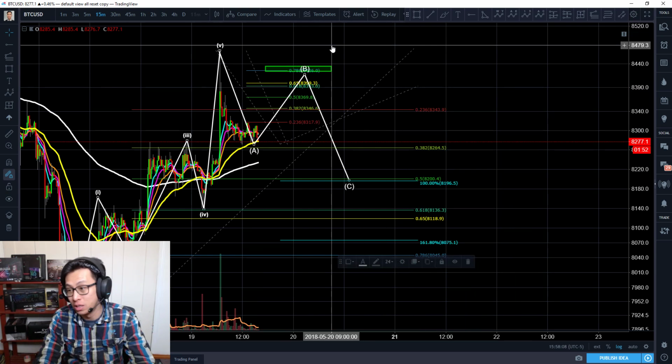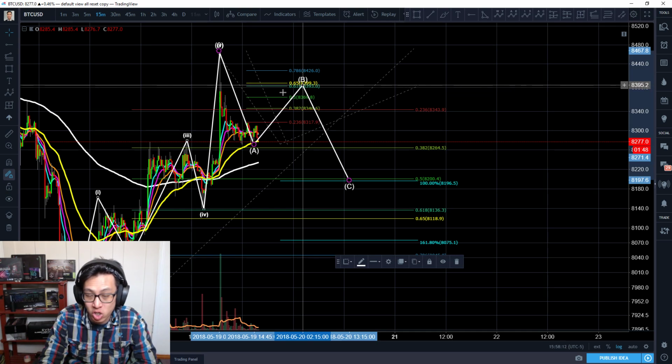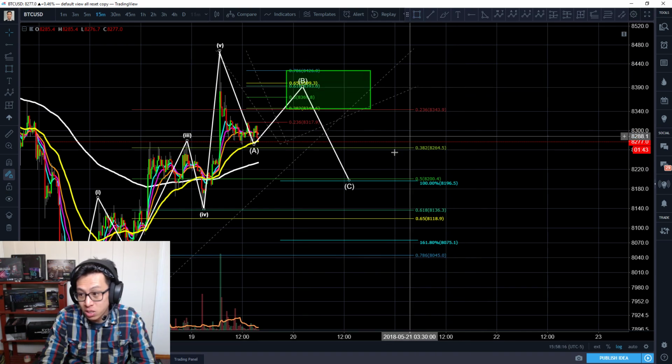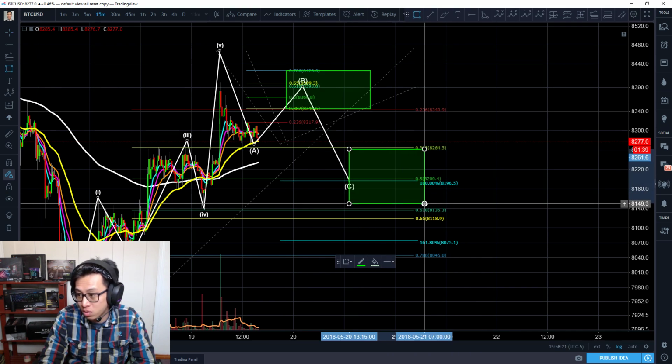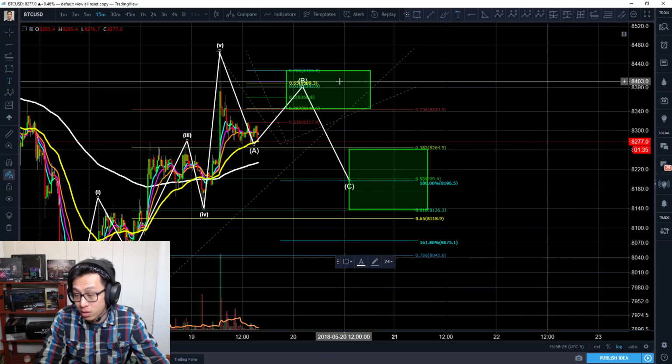Okay, I'm going to completely take that out actually, okay? I'm just going to make this range in general, okay? There's a possibility that we could get to one of these ranges and then finish C. And I'm still going to recommend to be interested around this particular region, right? Range is great, but we just don't know.